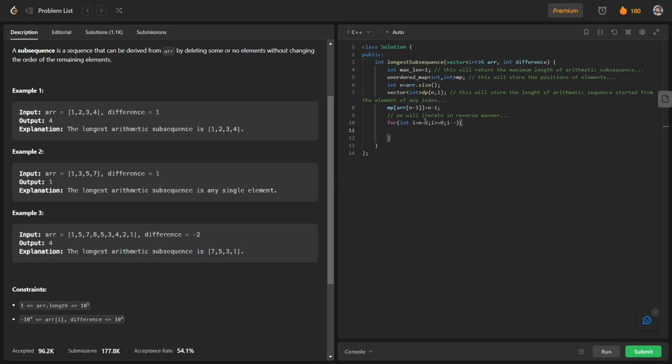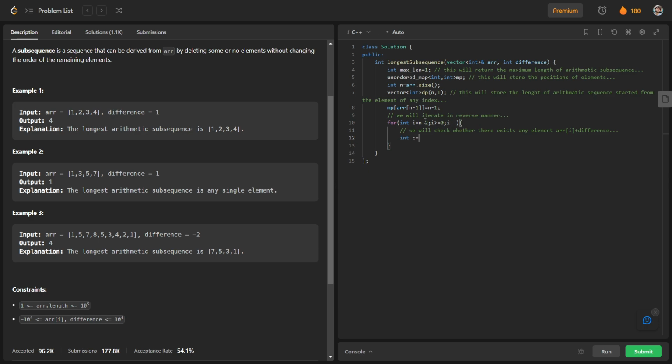We will check whether there exists any element which is nothing but arr of i plus difference. Basically we will check whether there is any such element or not.